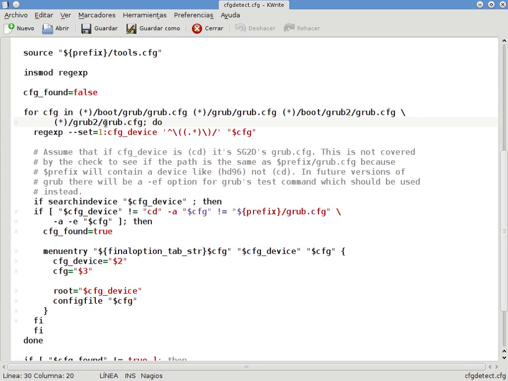But the problem is that we are searching in all the devices by default, instead of searching on the devices where we want to. So this is the search device, which should be here instead of here. So it's just swapping the lines. So now we are going to